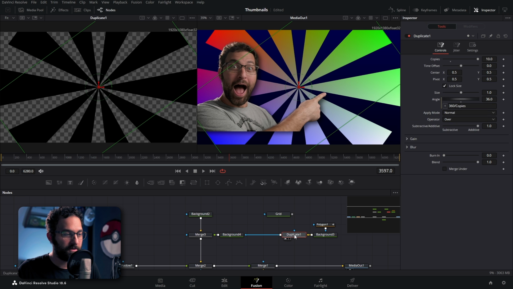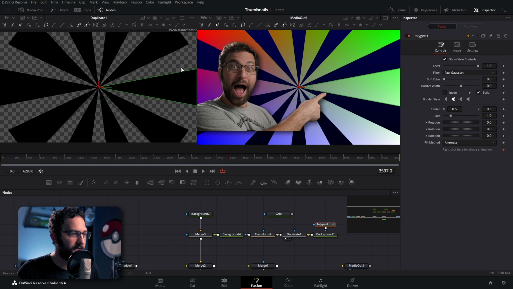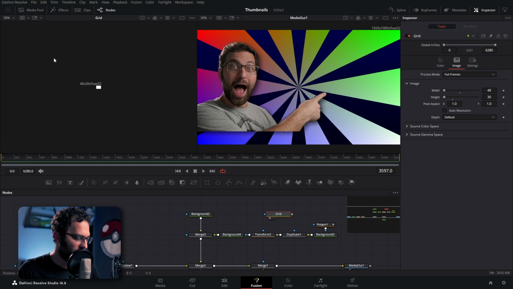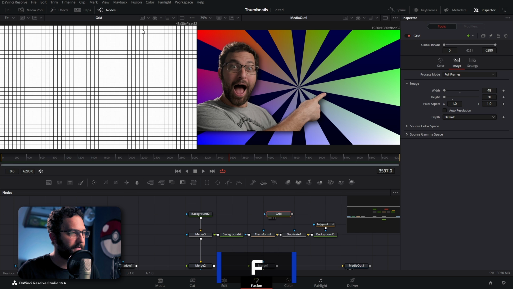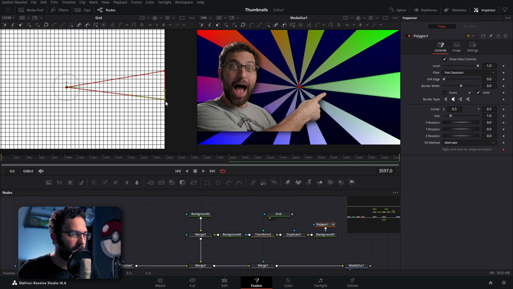And then all we have to do with this, click on our duplicate, we can add a transform, and then we can just increase the size here to fit within the constraints. And now we have our pinwheel shape. And at any point, we can even just go back. If we pull up our grid, let's go ahead and press F to make it fit. We can click on our polygon and we can adjust the shape as needed